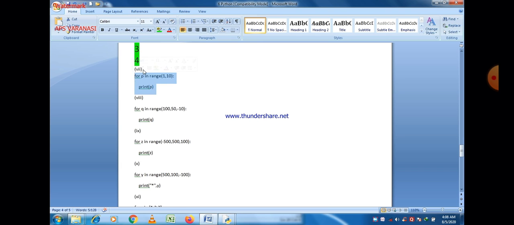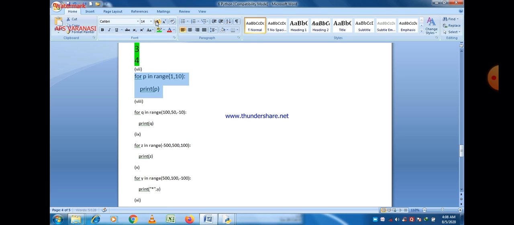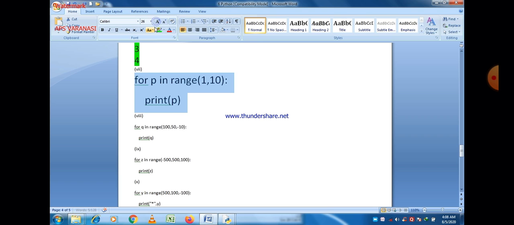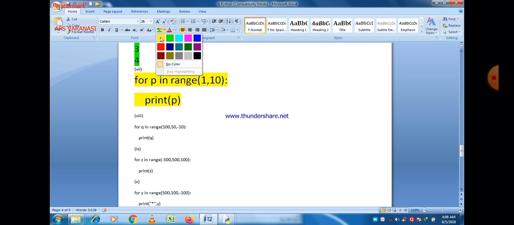Now there is another program regarding a for loop. Here there is a small change, and the change is that there is a starting position, starting position 1, and the end position is defined as 10. So the value starts from 1 and goes up to 9 because the last value is not included, and there is no increment or decrement given here, so by default the increment is 1.